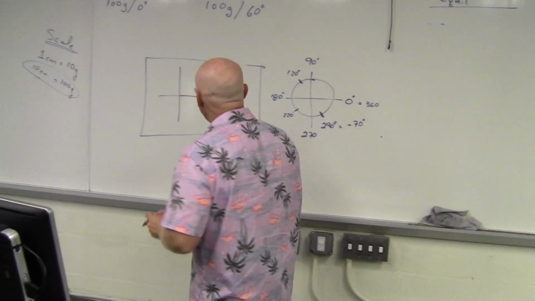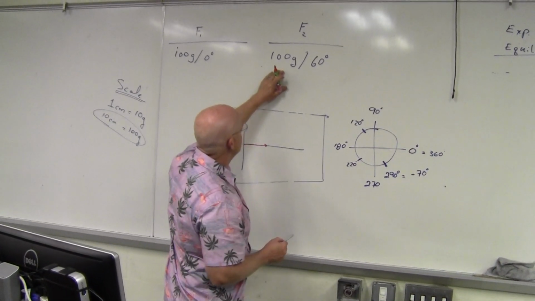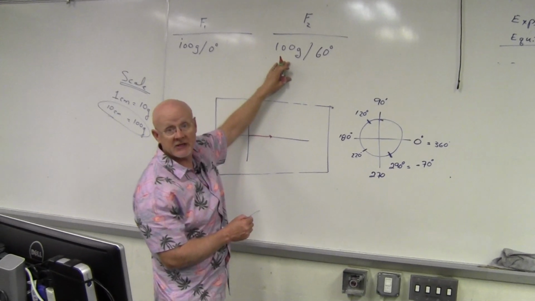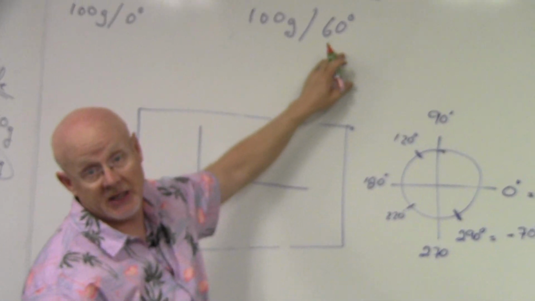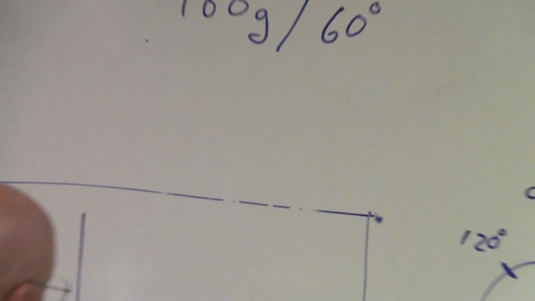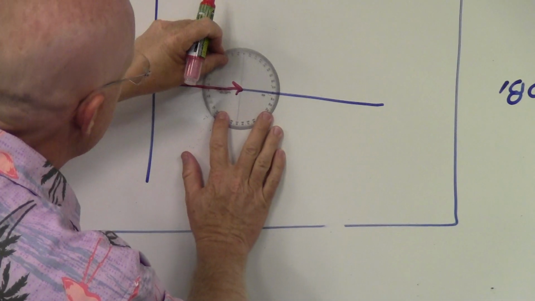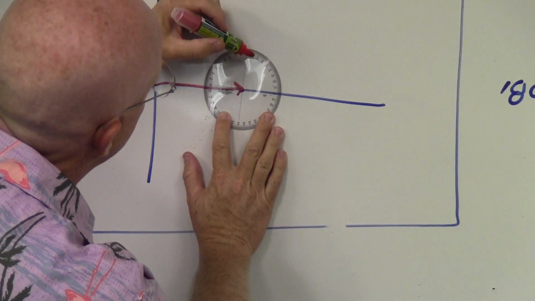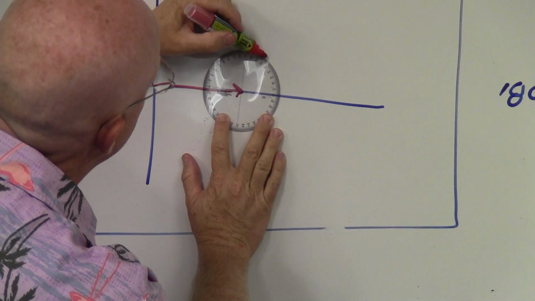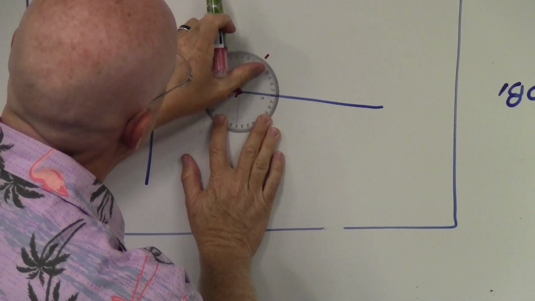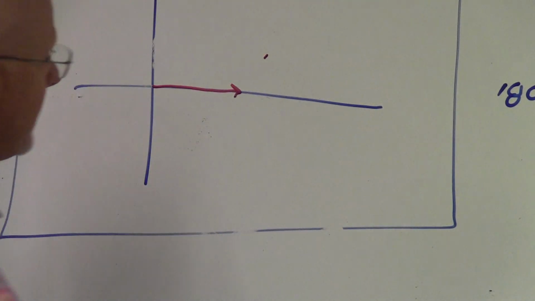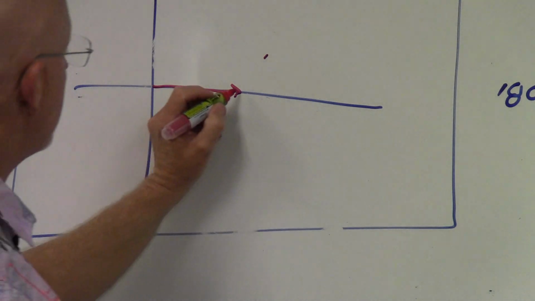Okay, so my second force is 100 grams, so I'm still going to draw a line that's 10 centimeters long. But this time I'm drawing it at 60 degrees instead of 120. And so putting my protractor up here and going to 60 degrees, right about there. And I won't do mine very accurate here. I'll just kind of hand